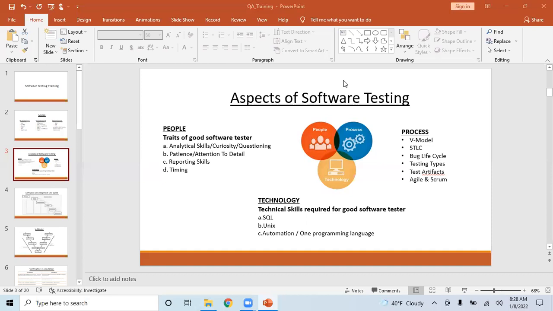In reporting, you open Jira and you have an option to enter a bug. You enter the details there, and Jira will tell where and to whom you have to send this bug. So you enter your team developer's name, you assign it, and then he will start looking into the bug.